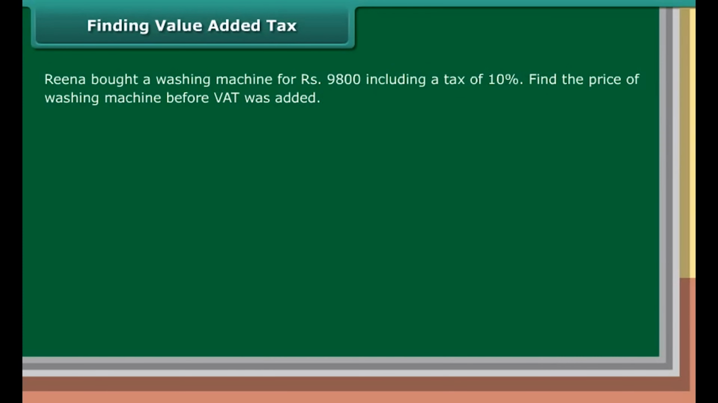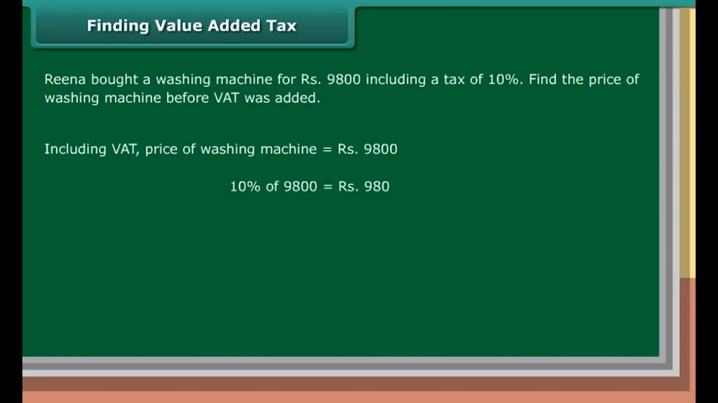Finding value added tax. Reena bought a washing machine for rupees 9800, including a tax of 10%. Find the price of the washing machine before VAT was added. Including VAT, the price of the washing machine is rupees 9800. 10% of 9800 is equal to rupees 980. Price before VAT added is equal to 9800 minus 980, which is equal to rupees